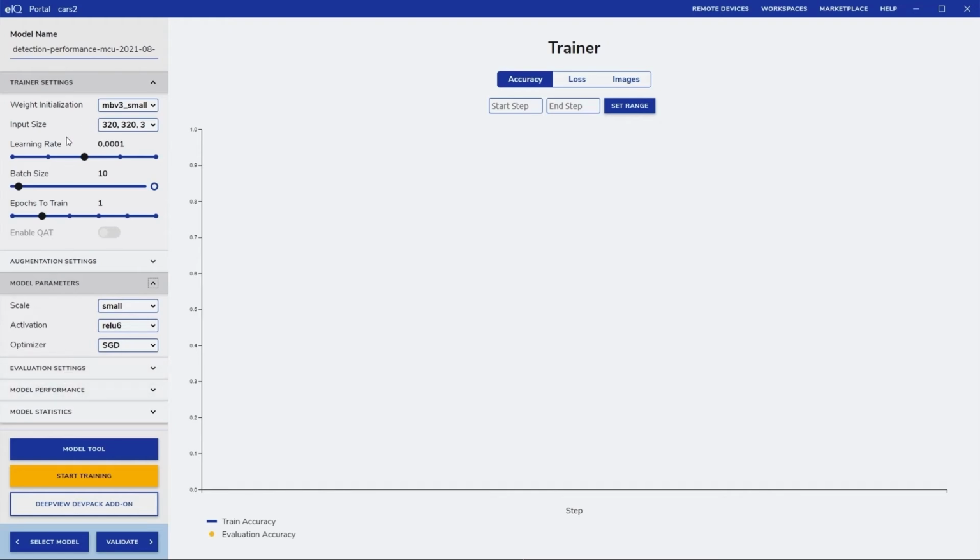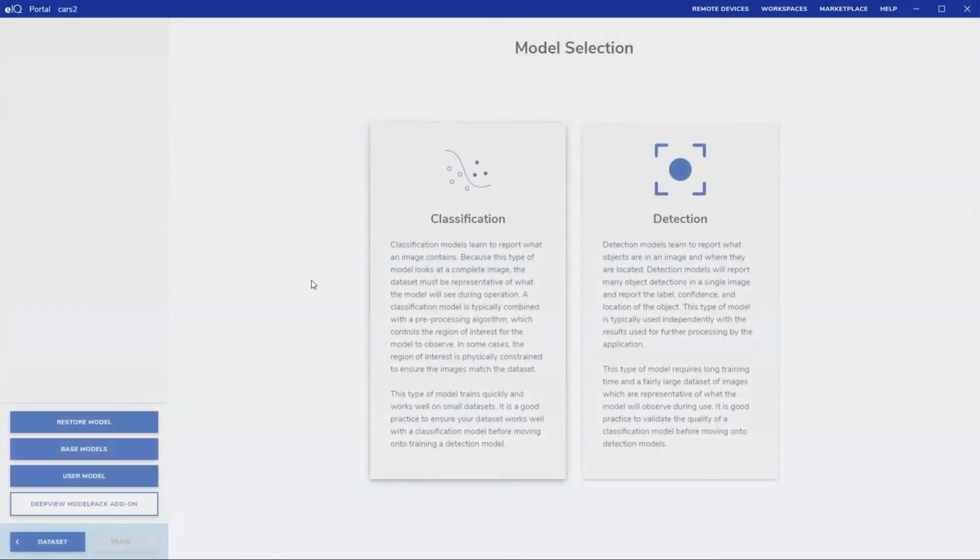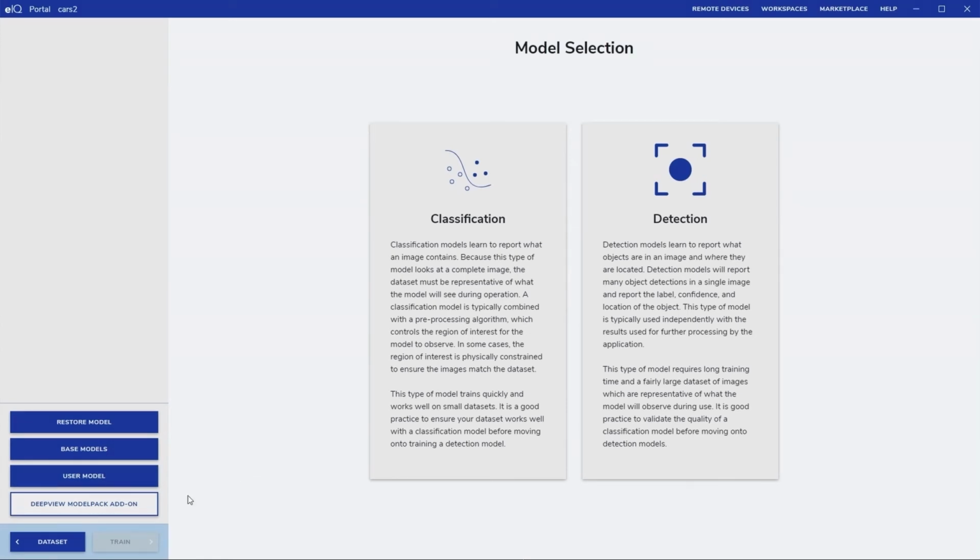All that can be user defined, which is quite useful. And then finally, the model pack add-on. This is an offering from Au-Zone where we specifically optimize models for different NXP silicon. So if you're looking for a model that's well optimized for detection on the RT1064, for example, we've worked on models where we've focused optimization specifically for that use case, the best possible performance out of the DeepView RT on that specific target. For the video today, we'll just look at one of these default base models that's available to